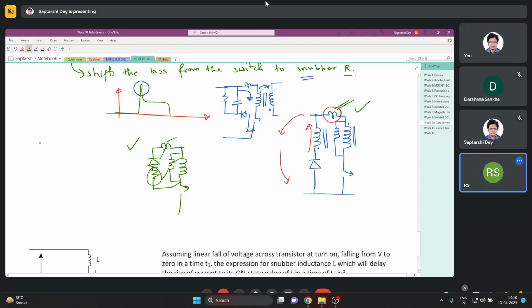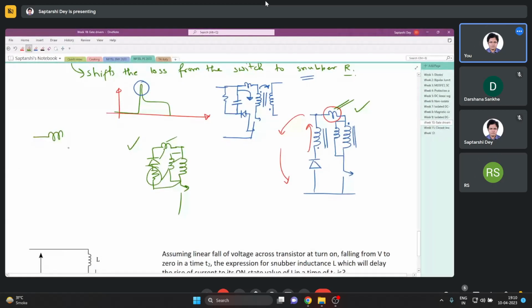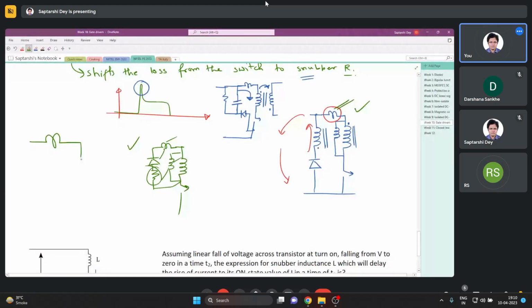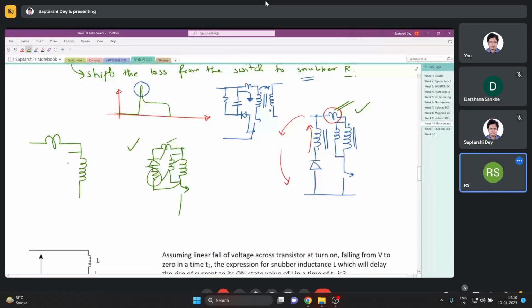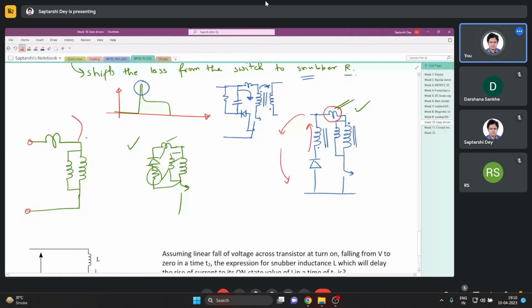because you see, if I draw the equivalent circuit, then the two terminals that are available to you are only this and this. You cannot avail this terminal